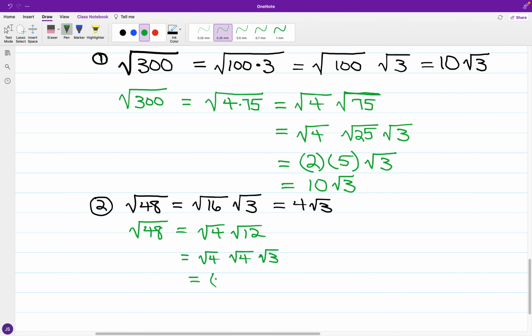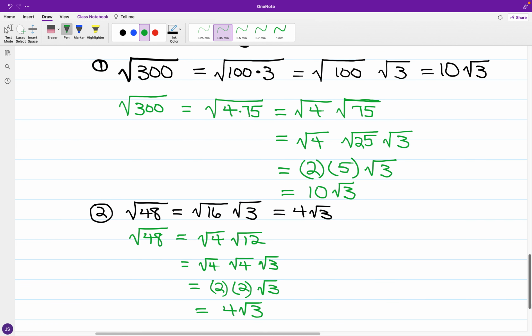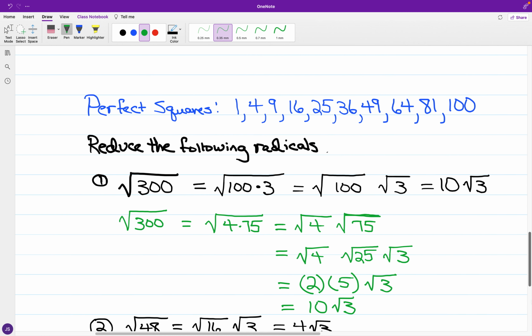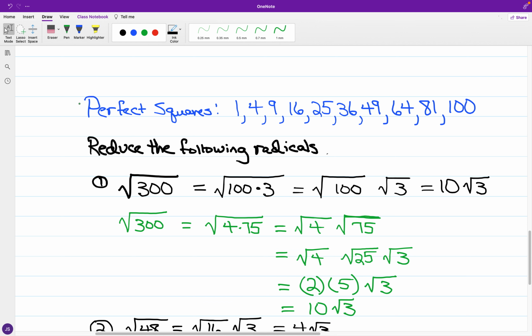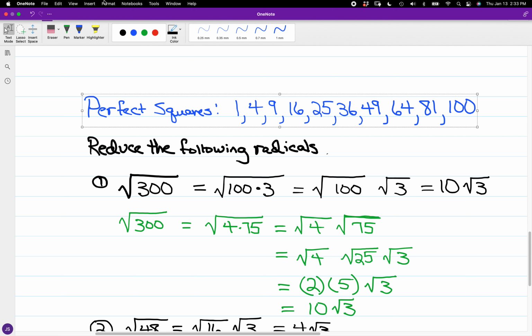And we have 4 whose square root is 2. Again, we have the square root of 4, which is 2, times the square root of 3. And so again, through this longer route, we have 2 times the square root of 3. Okay, now for the next possible approach in solving quadratic equations,